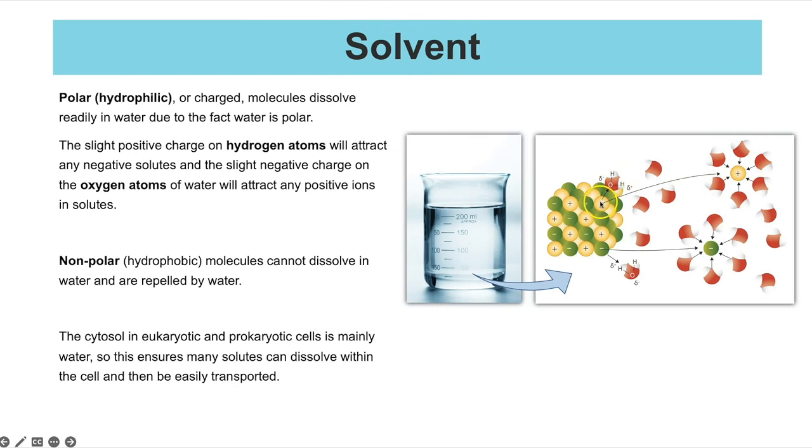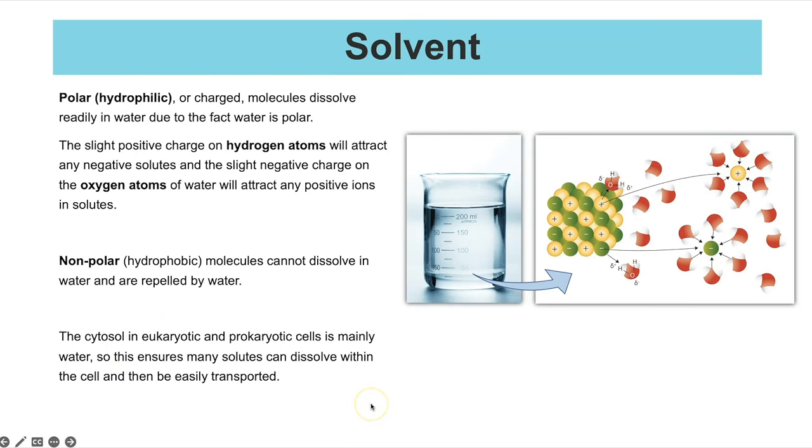That can then separate that lattice and surround the sodium ions, and the hydrogen can do the same thing to the chloride ion. And as it separates all of those, that is what dissolving means. So it's possible because of that polar nature, but it can't dissolve non-polar molecules, and instead non-polar molecules would actually repel the water. The cytosol in eukaryotic and prokaryotic cells is mainly water though, so this is really beneficial because